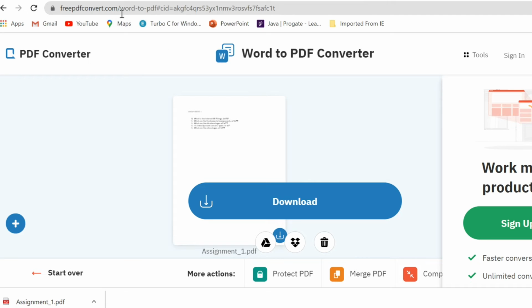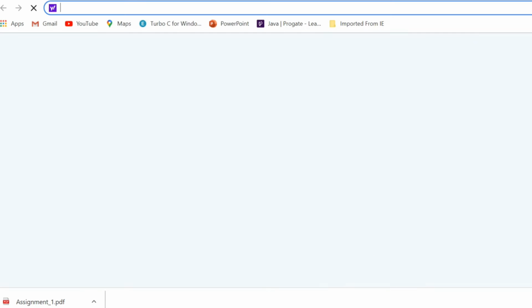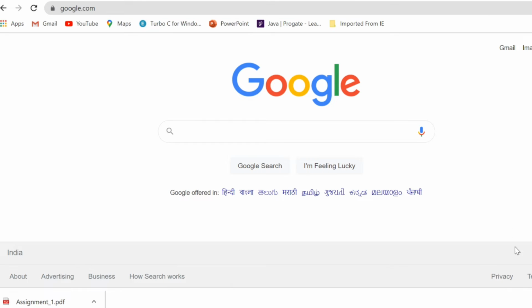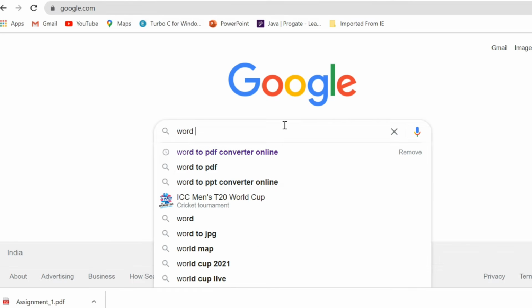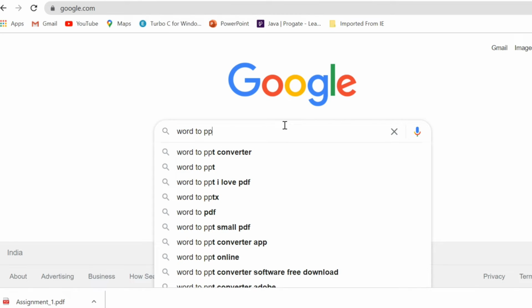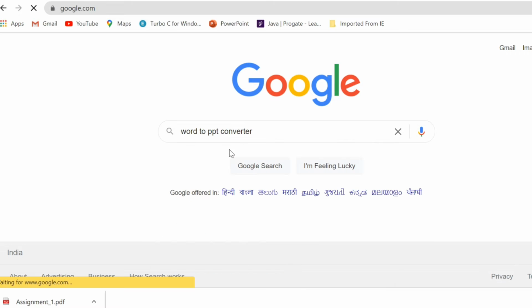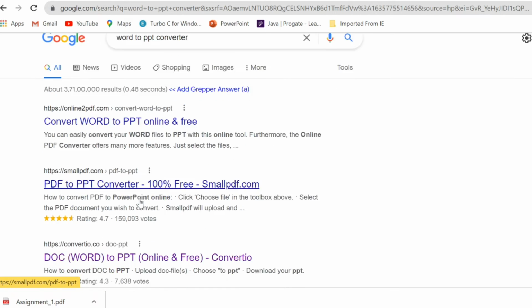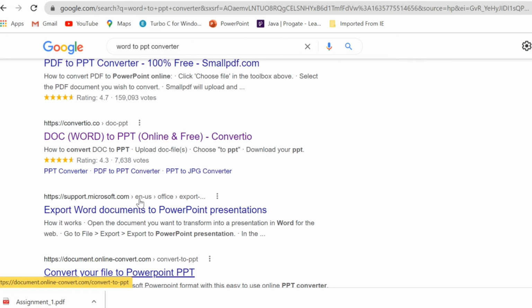So just go on the browser, and let me open another tab. And simply search Word to PPT converter, and you will get lots of options, but I will suggest to use this one.